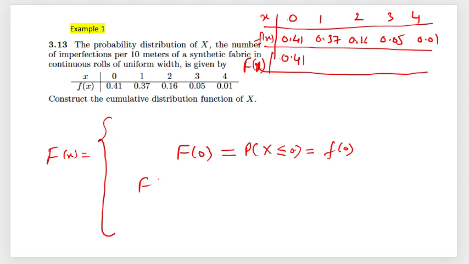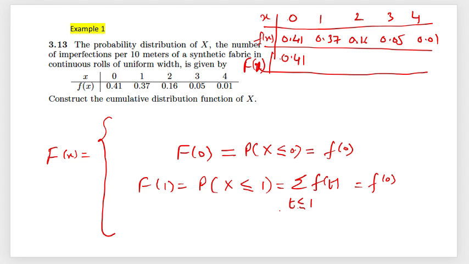Now if somebody is looking for F(1), it means I will find the probability of x less than or equal to 1. It means I will take the sum of all the probabilities which are less than or equal to 1. I know that less than or equal to 1 are the 2 points. F(0) is also less than and equal to 1. So these 2 probabilities will be added. I'll add 0.41 to 0.37 and we'll get the cumulative distribution value for 1, and that turns out to be 0.78,